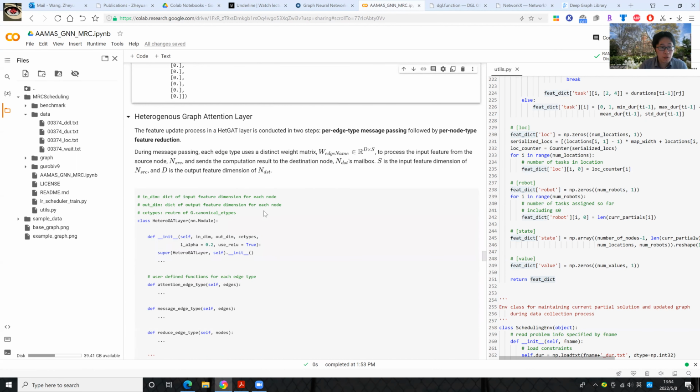And next will be the core part, which is the heterogeneous graph attention layers. So the feature update process in the HeteroGAT layer is conducted in 2 steps: per edge type message passing followed by per node type feature reduction, which means for every type of edge in the graph, you need to specify a message function and a reduce function. So for this case,